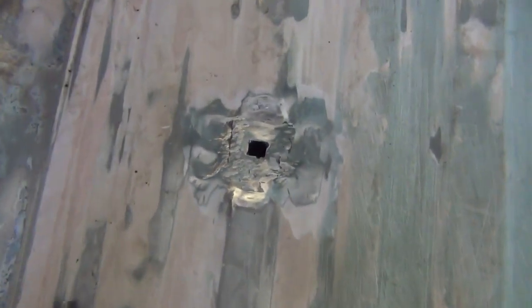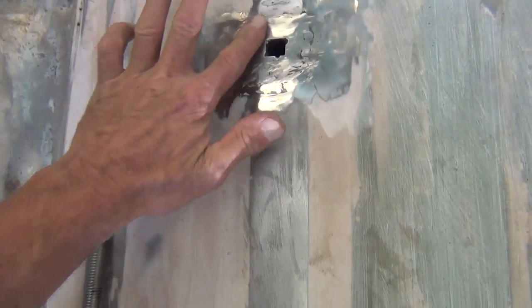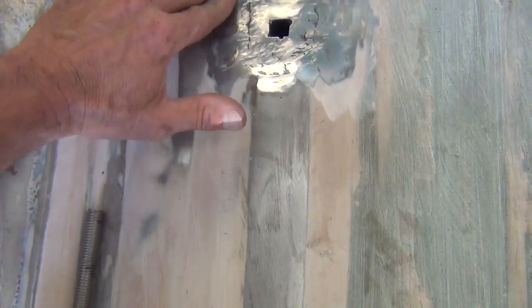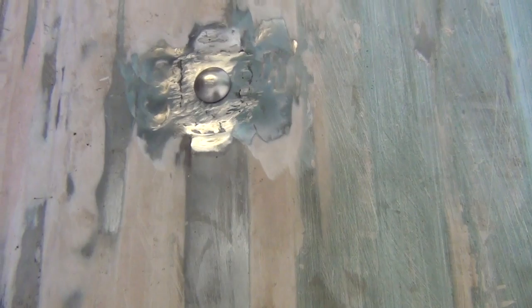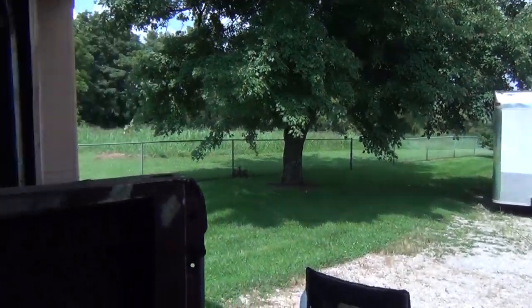All right, there it is, all ground down and ready for a little body filler to fill in these low areas and blend this in and get that level. See, this is extremely low, but remember, I had that fixed and then I ground it back out because it got hot, the body filler that is. But the bolt goes in there pretty nice, and what I'm going to do now is grab a nut and a wrench,